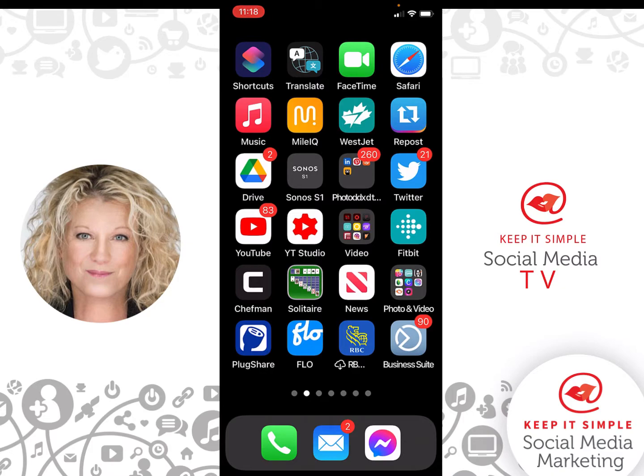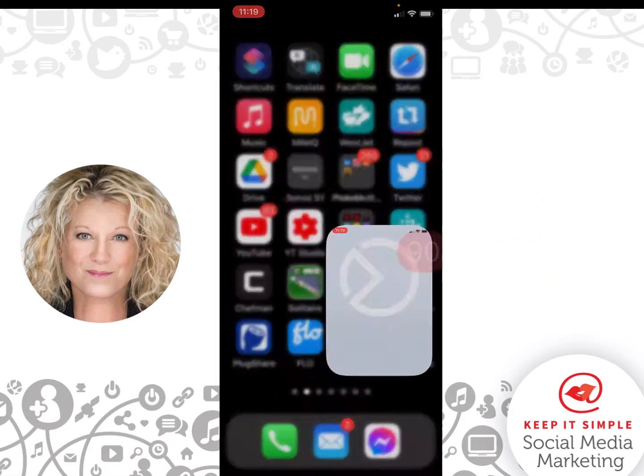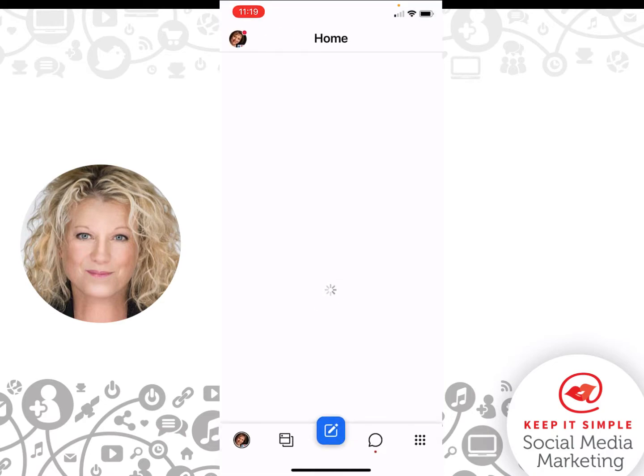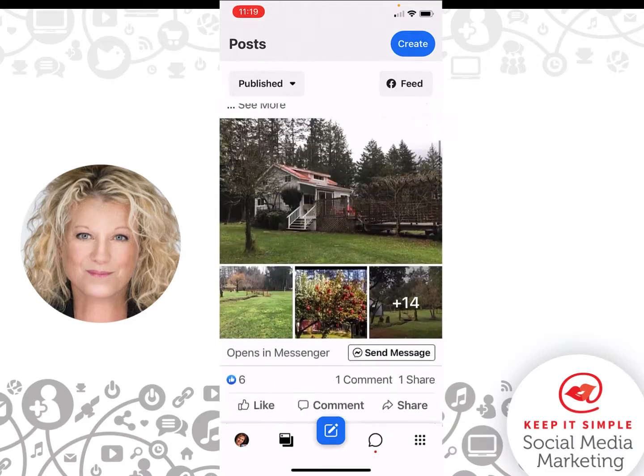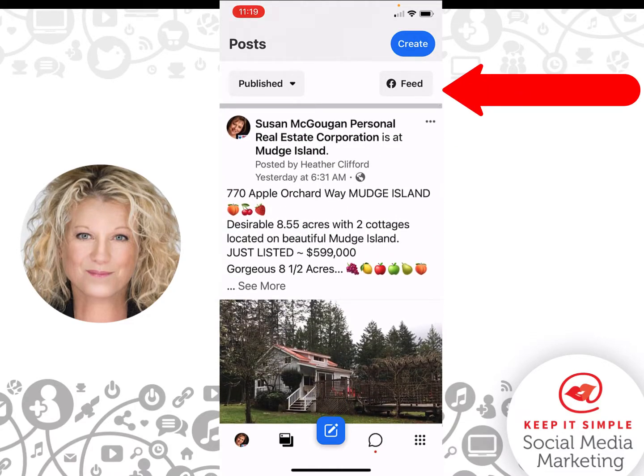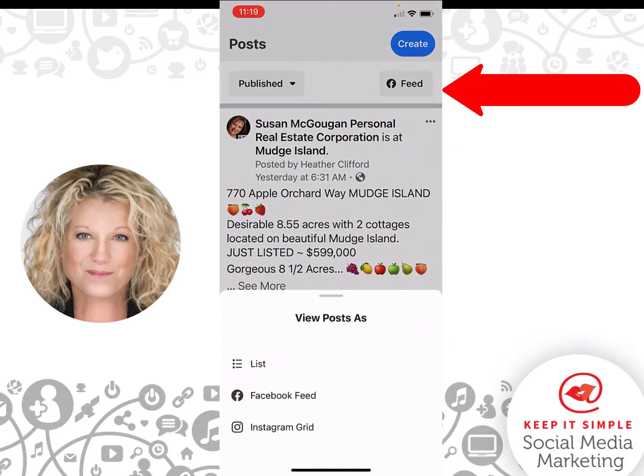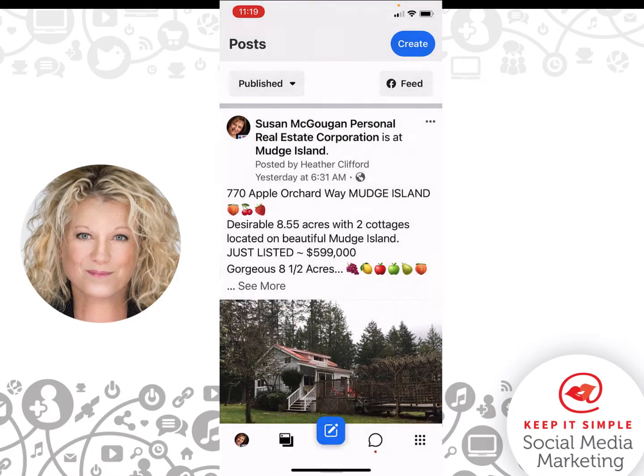I want to show you how you can cross-pollinate with other businesses using this second news feed, and two ways to comment: number one as yourself as the person, or number two as your business page. So if you open the Business Suite and go to your business page, you will find that even when it says feed in the top right-hand corner, it does not take you to the actual business news feed on your Facebook business page. So you have to go through your personal profile.